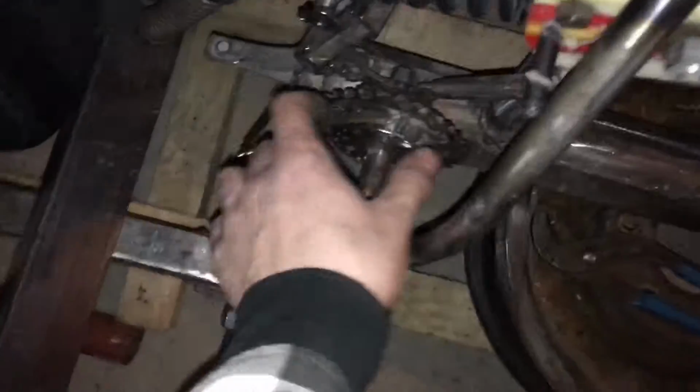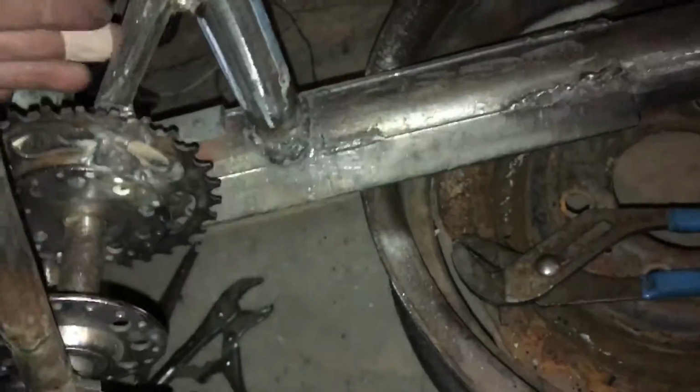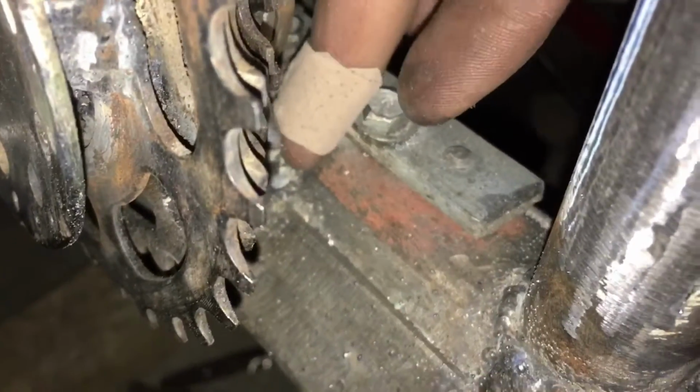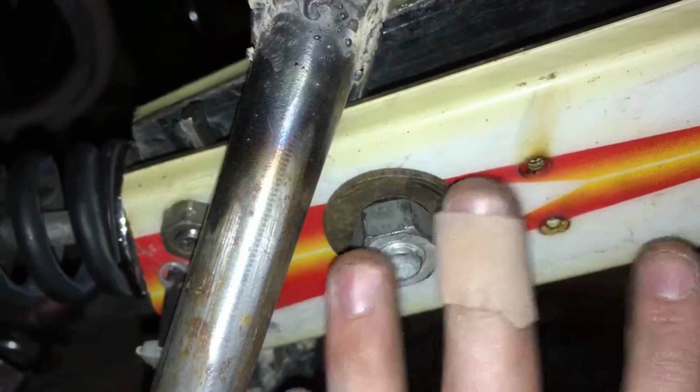Oh, there is going to be a gusset in here, depending on which way it goes. This acts as a gusset here because it's welded at the bottom and at the top. There'll be a gusset here to counteract the rear suspension. Though there really doesn't need to be, I'm gonna do it anyway because